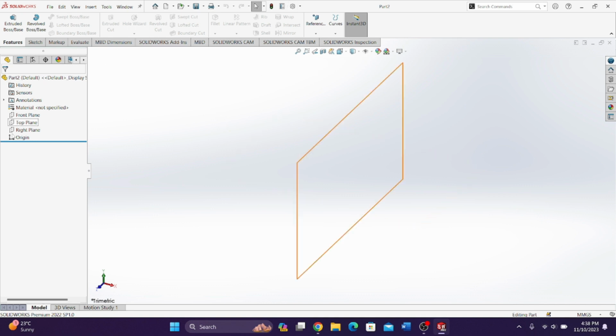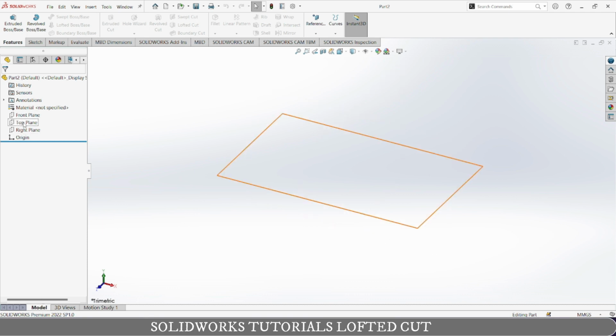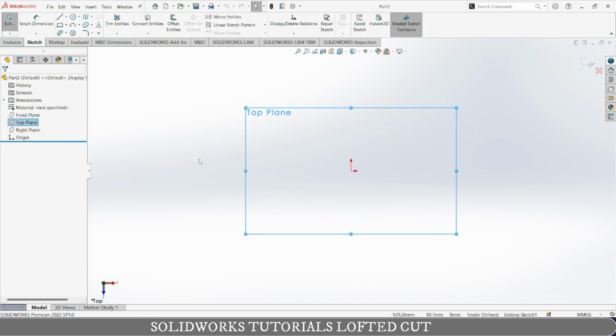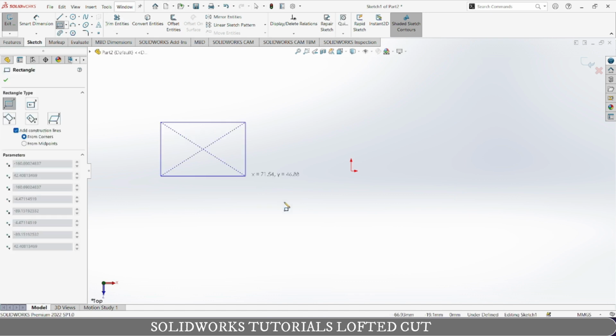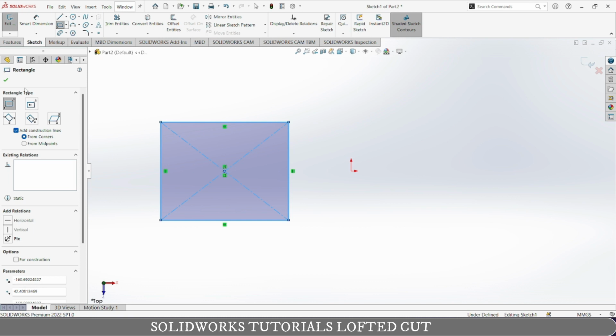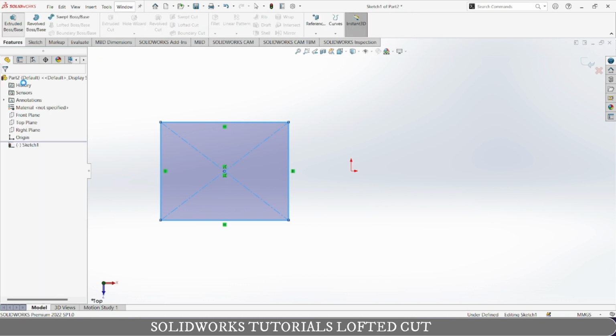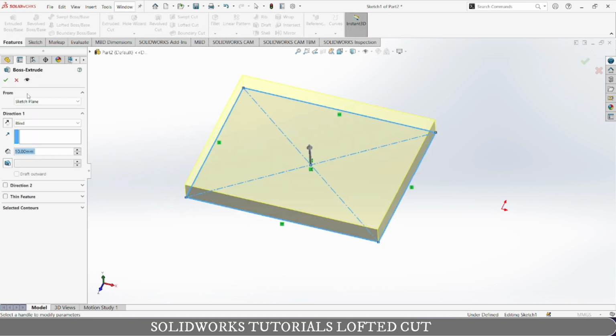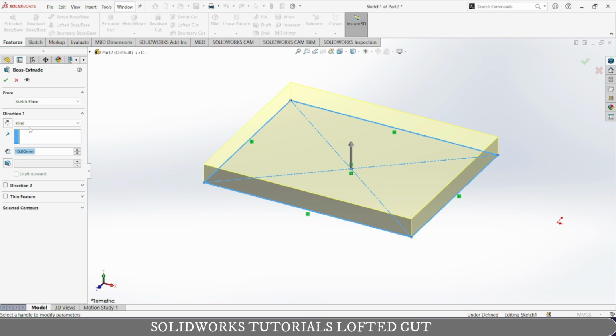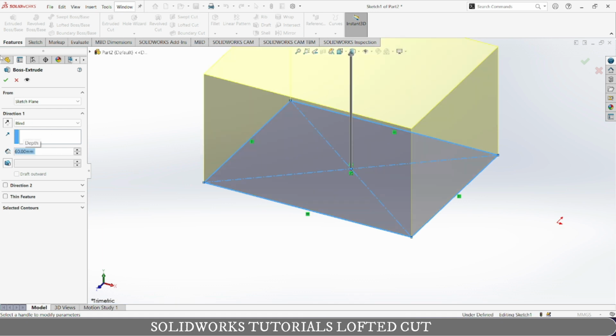Today our topic is lofted cut. Let's make some sketches. First one, this, extrude, 60 or 70. Okay,